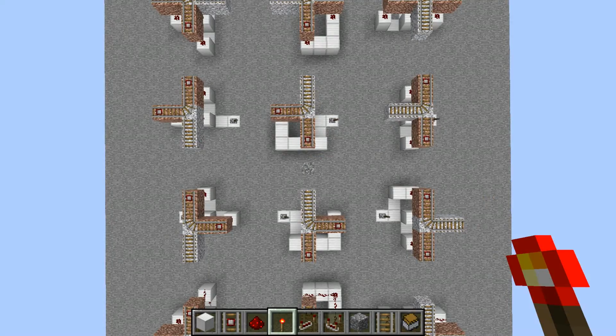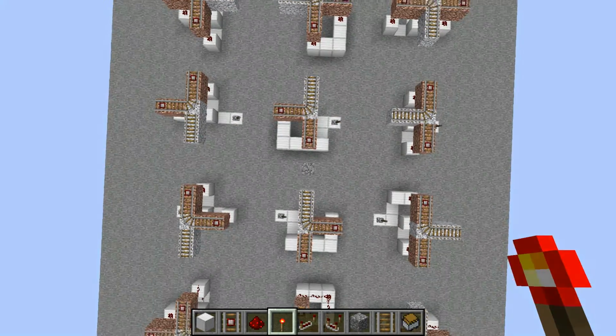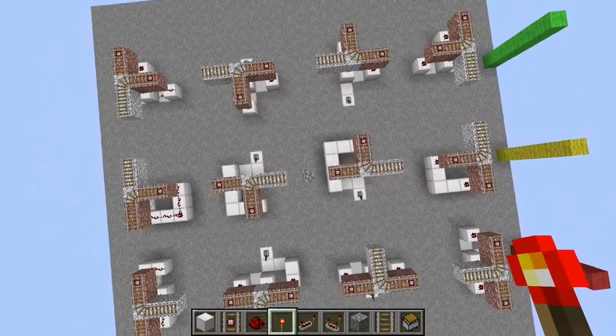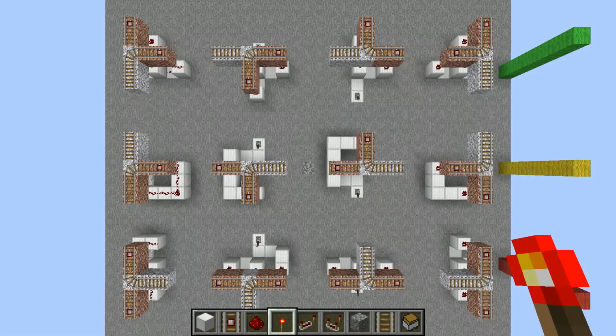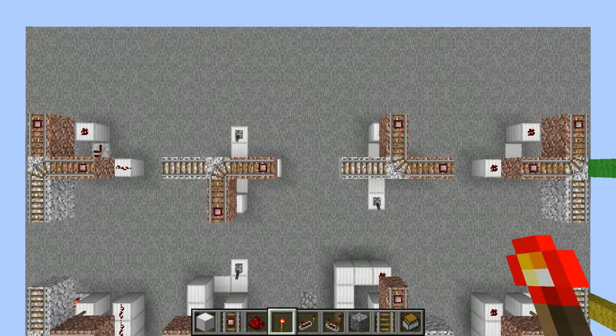Here I have organized all 12 junctions in their respective categories: independent green, override yellow, and combined red. An interesting fact is that the independent group consists of the ones that always have their arrive return line on the south or east side of the straight line.